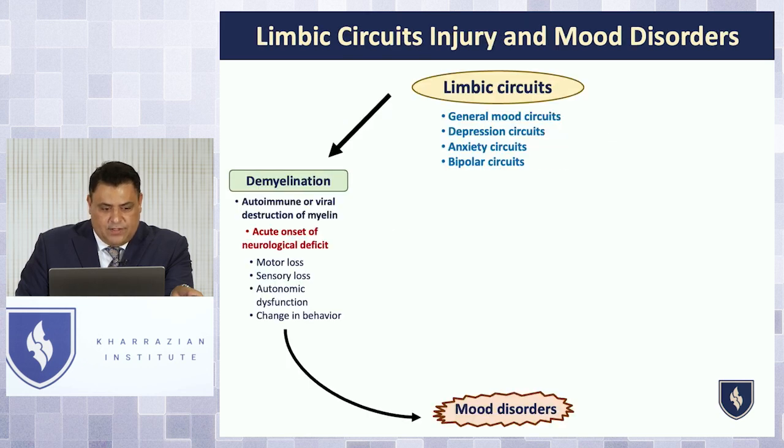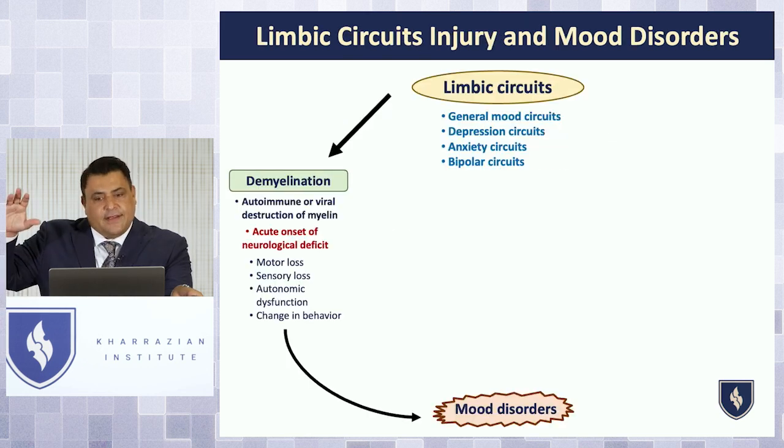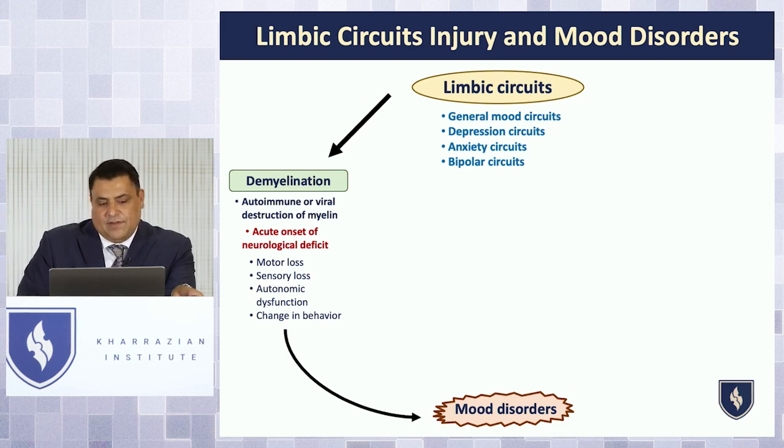So your limbic circuits, these pathways from the basal ganglia that dampen the amygdala, or pathways that activate the frontal cortex so we're not depressed, or pathways from the cerebellum that fire into the sympathetic centers, that can happen with celiac disease that causes anxiety, they can be injured. One pathway that can be injured is demyelination. So autoimmune, viral, anytime you see any kind of neurological deficit, any signs of autoimmunity, neurological autoimmunity, you've got to